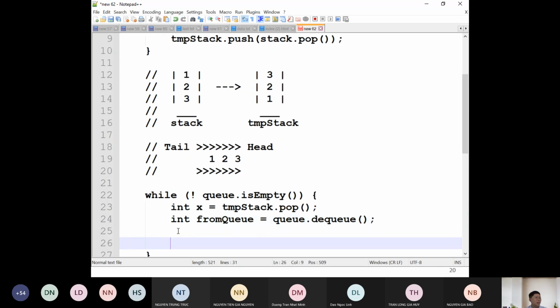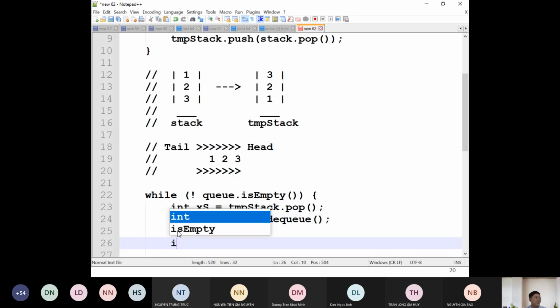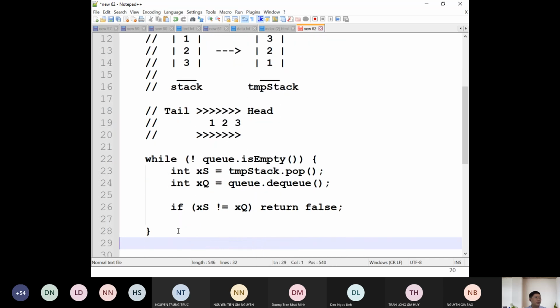Let's extract and then XQ. If the stack top is not equal to XQ, we return false. Otherwise, just continue. Until, if we exit the loop, it means the queue is empty, and if the stack